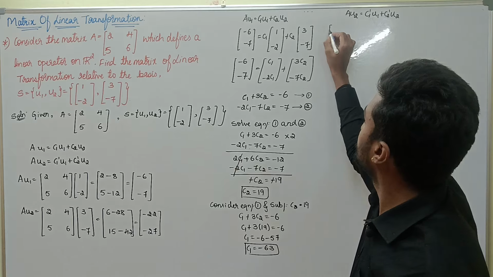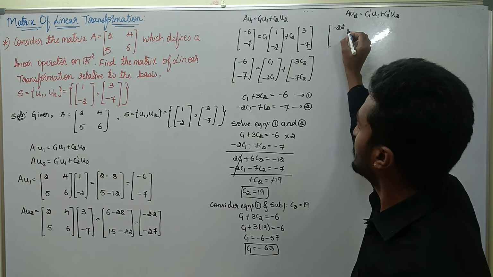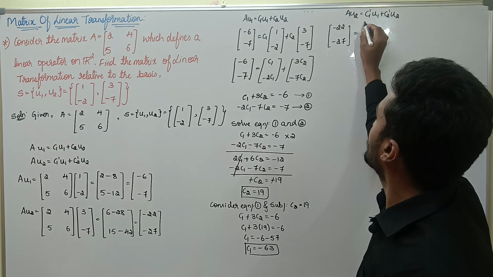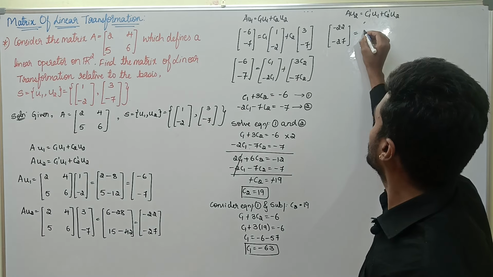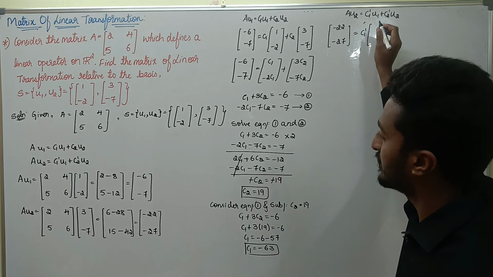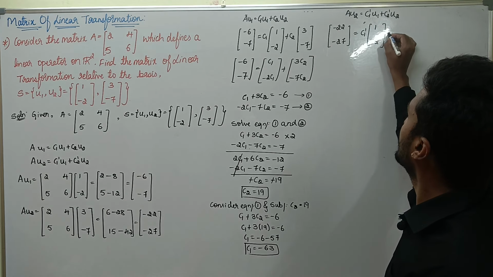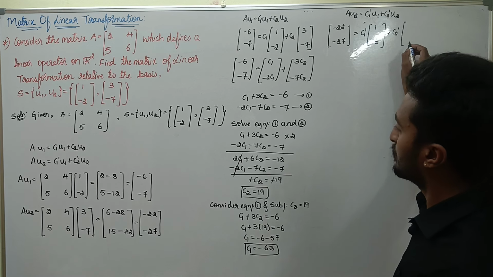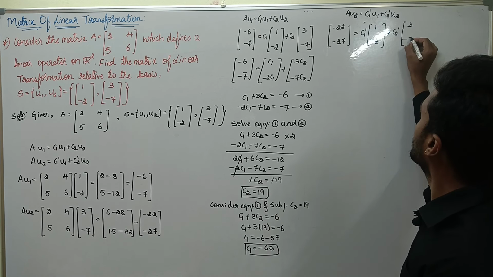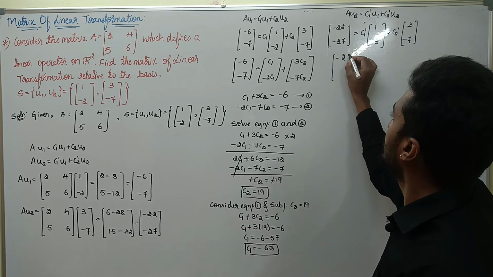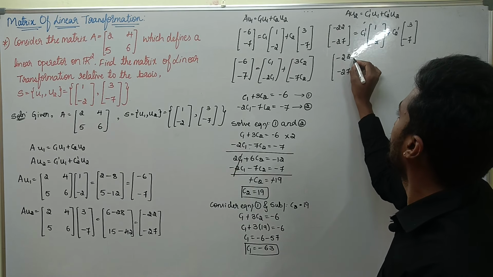AU2 we have minus 22 minus 27, which is equal to, what is C1 dash? That is what we need to find, the coefficient. What is U1? 1 minus 2 plus C2 dash U2 3 minus 7, that is minus 22 minus 27,